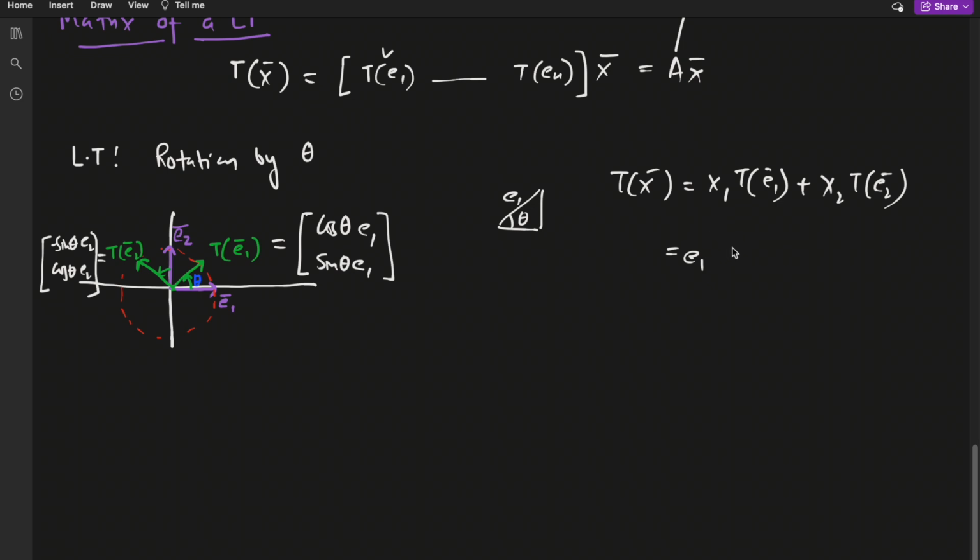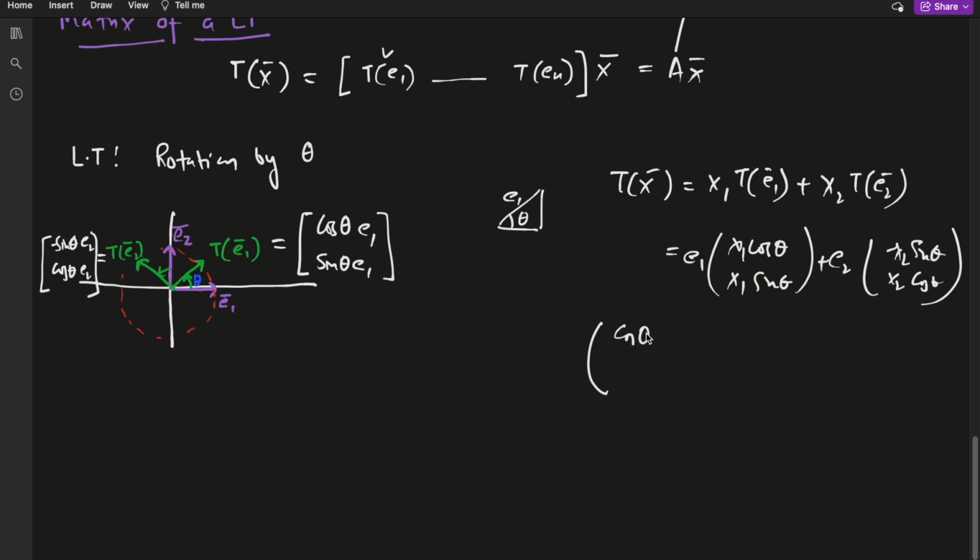So even x1 cos theta, x1 sin theta, E2 minus x2 sin theta, x2 cos theta, and then we can combine, and we will get the matrix representation as cos theta sin theta, this column, minus sin theta cos theta, right? And apart from this, here it will be